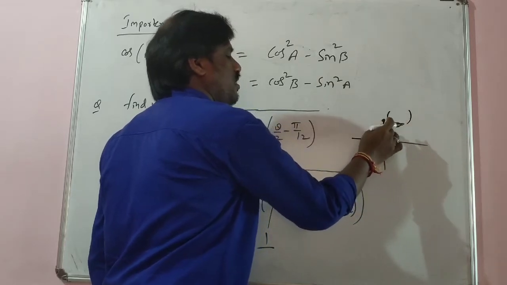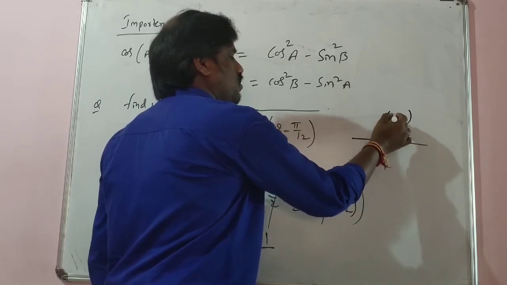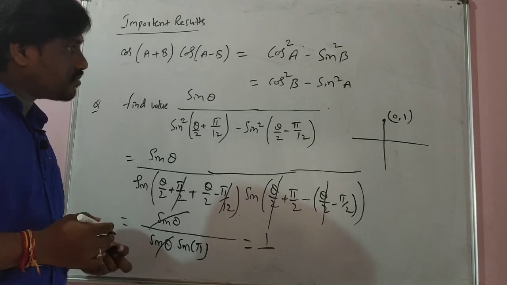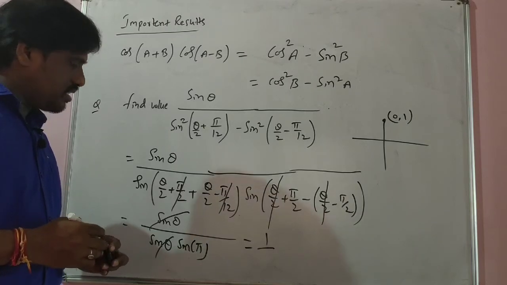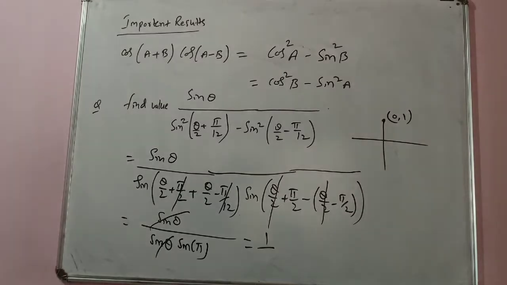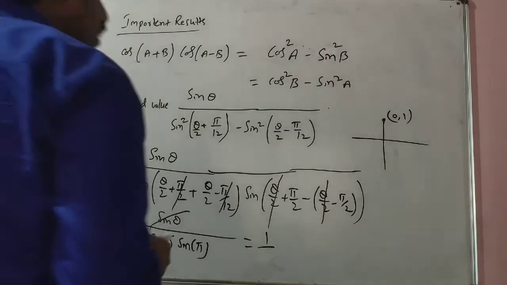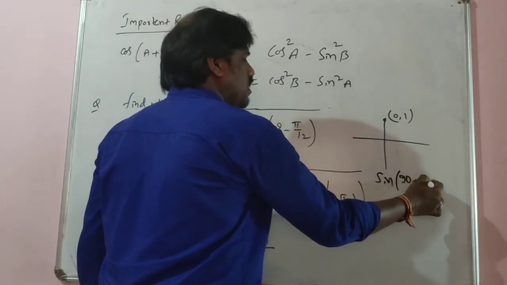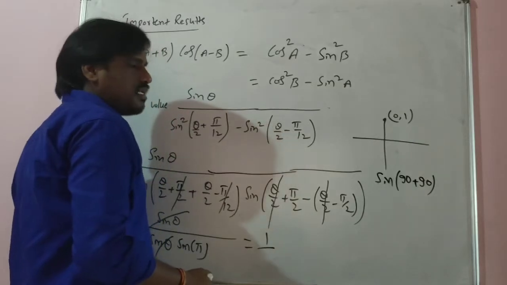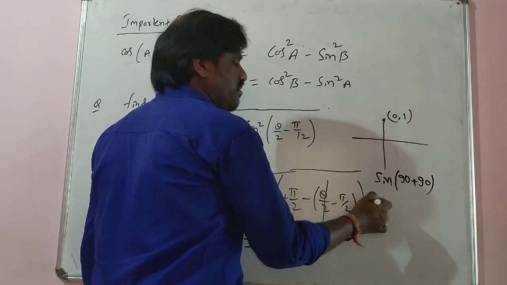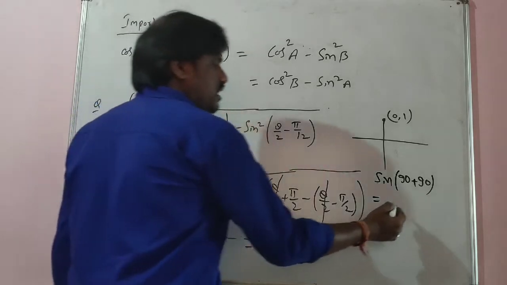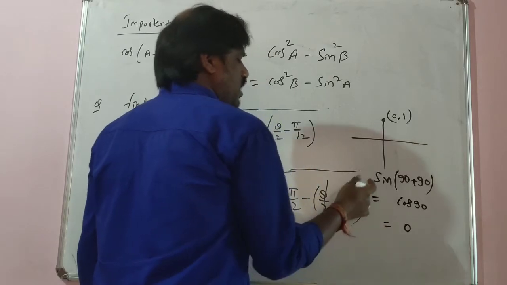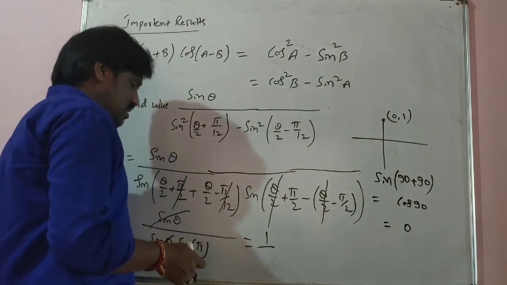And you can see, what is the x coordinate here? X coordinate is 0, y coordinate is 1. So sin theta is equal to, you know that, what is the formula of sin theta? If you don't know in this way, you can just see that sine of 180 I can write as 90 plus 90, correct? You can write sine of 90 plus 90. So sine 90, the sign will be changed. Sine is changing into cos 90. Cos 90 is how much? Cos 90 is 0.